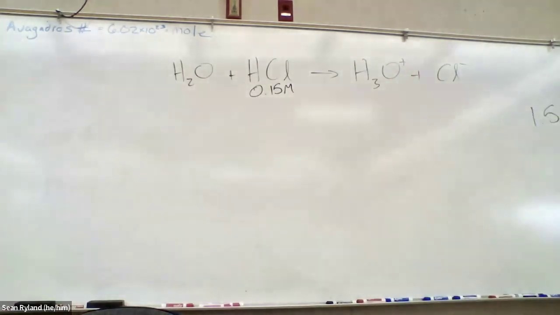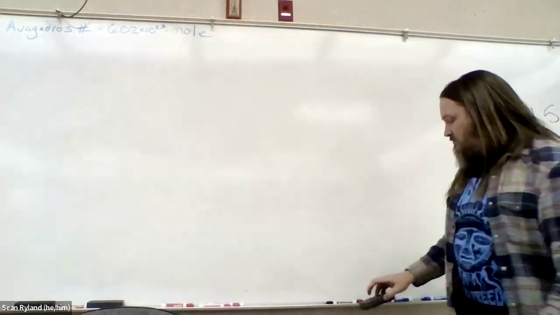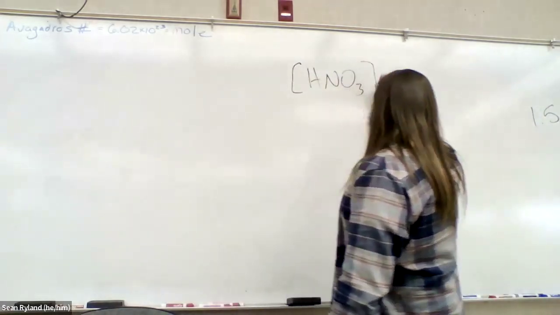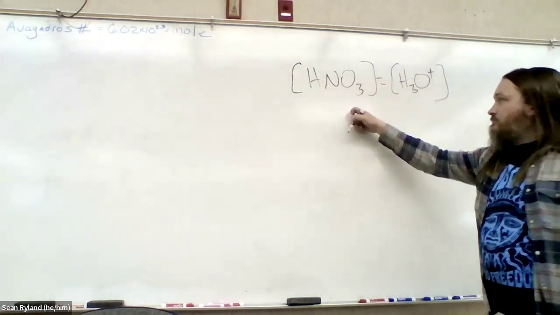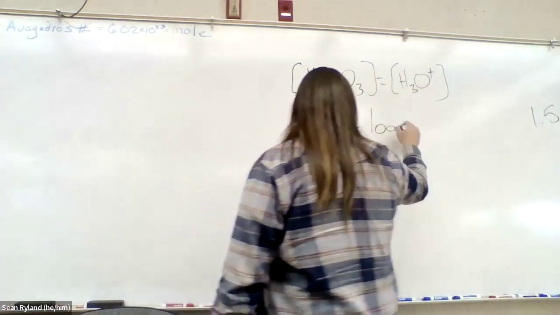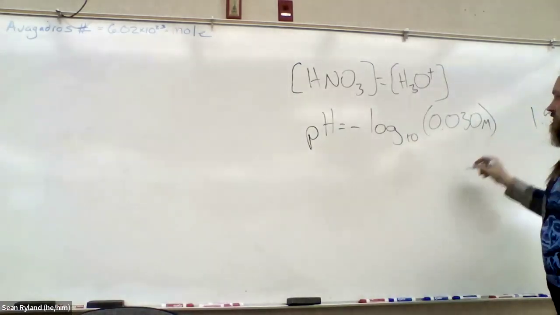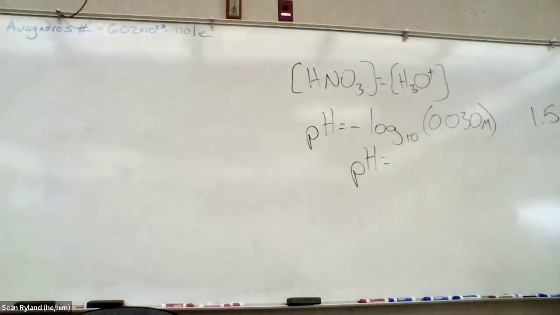All right, how about the nitric acid example? 0.030. What is the pH of that solution? pH is equal to negative log base 10 of 0.030. pH equals